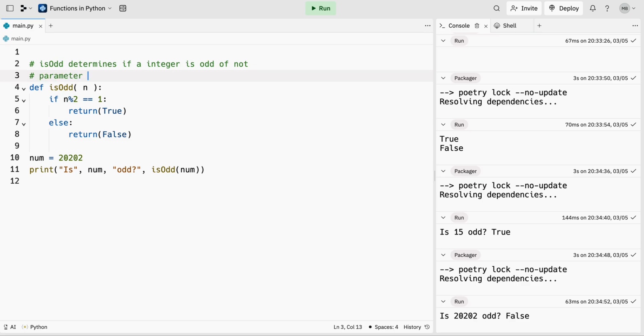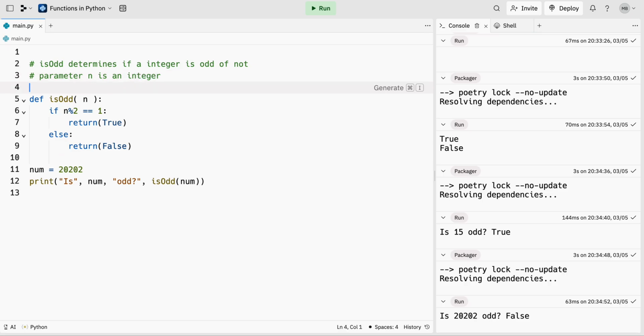The parameter that it takes is an integer, so we say that, and then we tell what the function returns, which is a Boolean. Sometimes functions return integers, sometimes functions return floats, sometimes functions return lists, but we want to